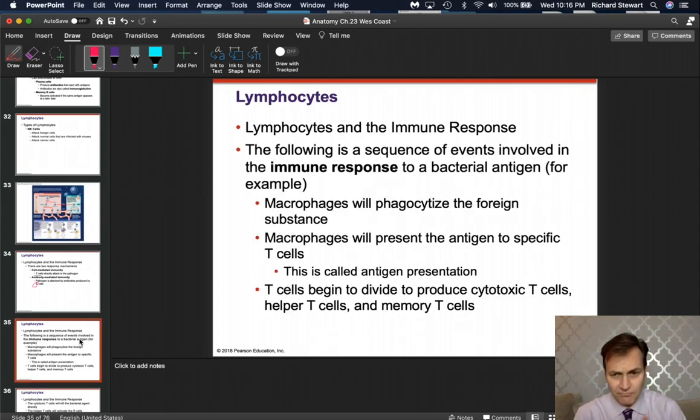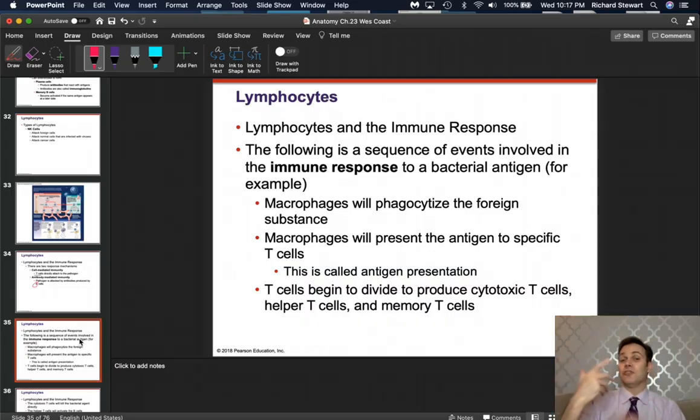Okay. Now, what happens when we have an immune response? Remember, a macrophage is another white blood cell. A macrophage is a big tough guy. He will come across something he doesn't recognize, and he will destroy it. And when he destroys it, he'll take a protein that was on the wall that he didn't recognize. That protein is an antigen, remember, like on your red blood cells? And he presents that antigen over to a helper T cell. The helper T cell now recognizes that as being foreign. He says, that's not us, we need to kill it.